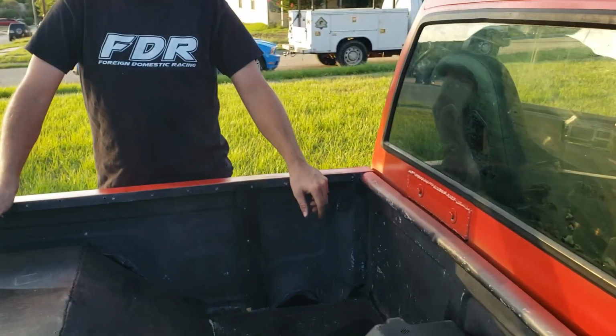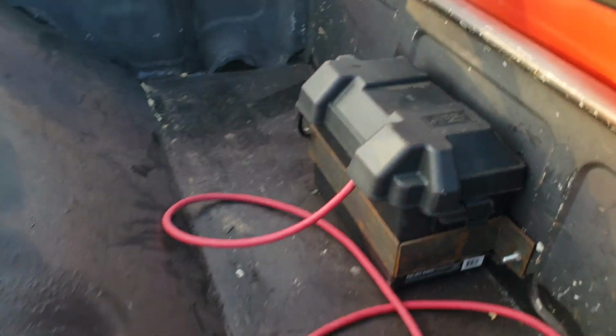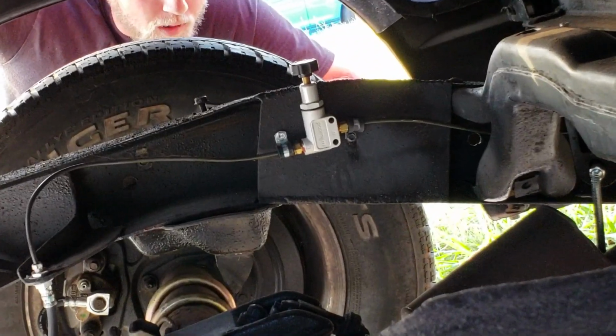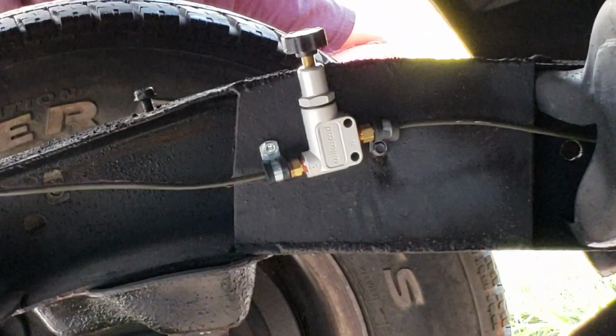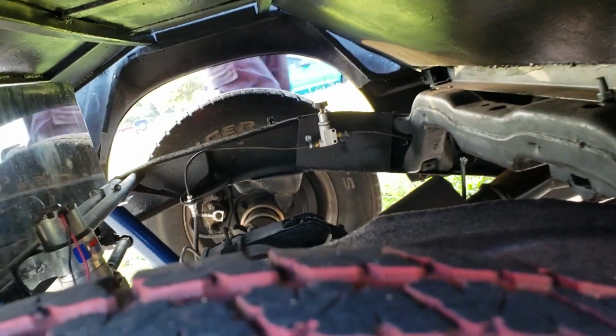I had to install the brake line regulator back there as well and bring the pressure down because I had way too much and it was just locking my brakes up as soon as I pushed them, so had to put that in there. Stock S10 shocks,